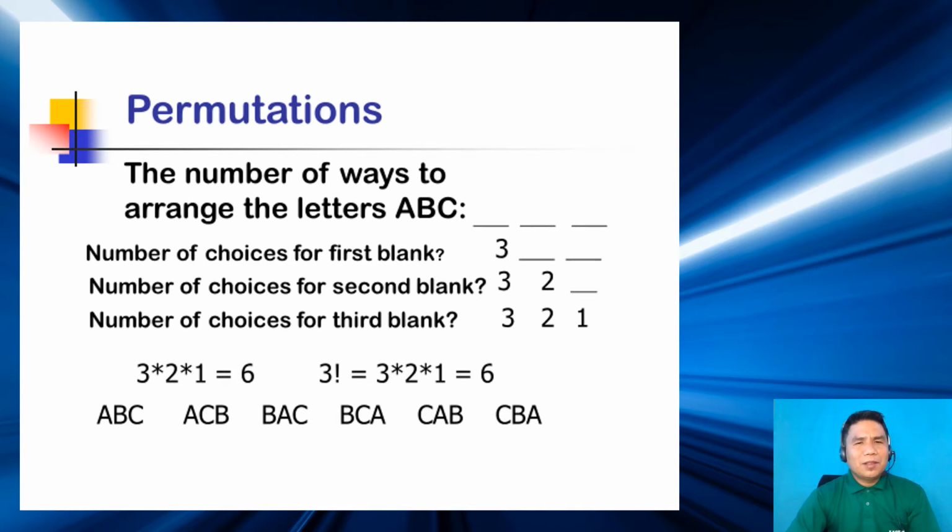You can check it using your counting principle. 3 times 2 times 1, that's equal to 6, meaning there are 6 possible ways. And then you can also employ the factorial, 3 factorial, since there are 3 letters. Then you have 3 times 2 times 1 equals 6. That means 6 ways. Or you may write out all of the arrangements of the letters, just like this, and it will show that you really have 3 choices in the first, 2 choices second, and 1 choice for the third